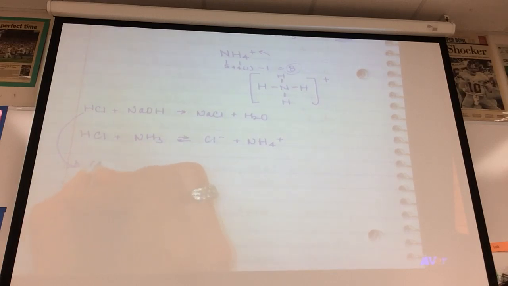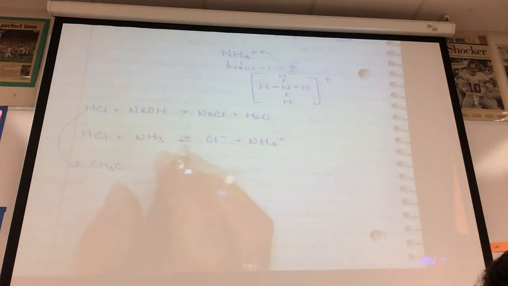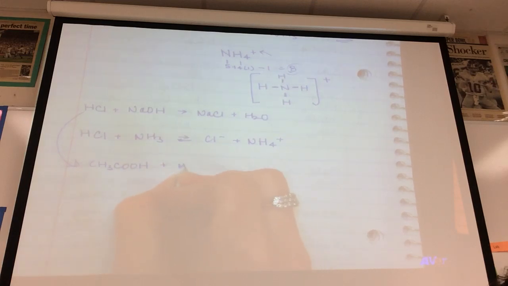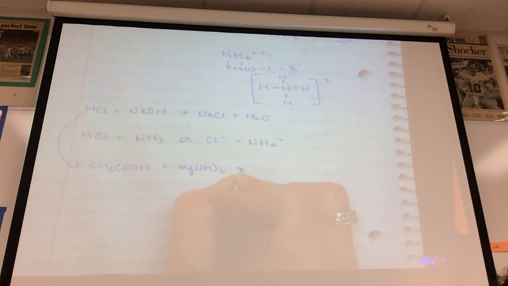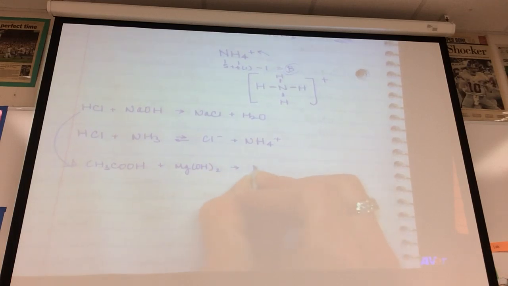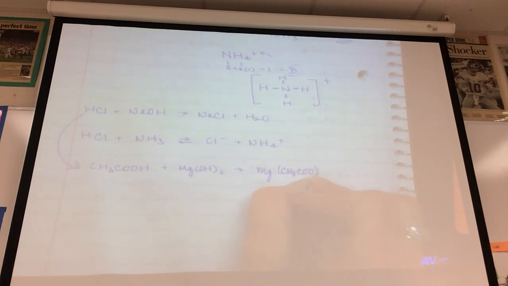If you had acetate, a weak base, it has some basic entity in terms of pH, but it'd be classified as a salt. If you had acetic acid and, let's say, magnesium hydroxide, a weak base,